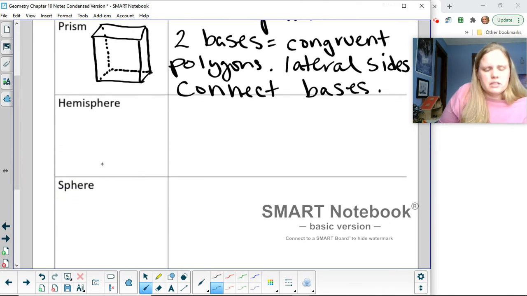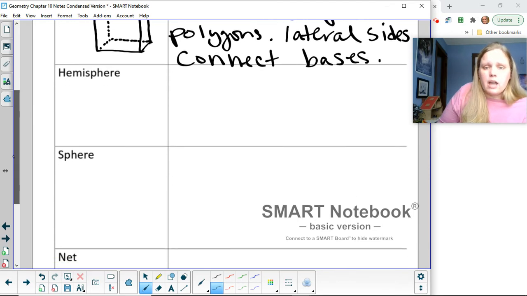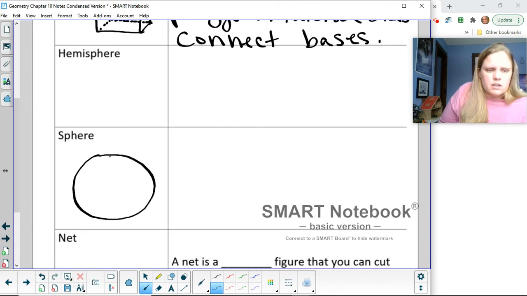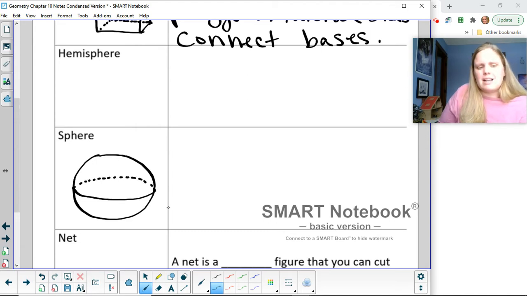Okay, hemisphere and sphere. So if you think about the globe is a sphere, and we live in the northern hemisphere, which would be the top half of the globe. So I'm going to start with the sphere, and this right here is a circle that is different than a sphere. So I need to make it look three-dimensional, and so I can make it kind of look like those basketball lines coming around so that you can see that it's got some dimension, and we would have a center